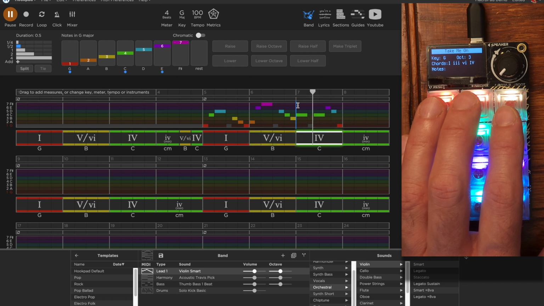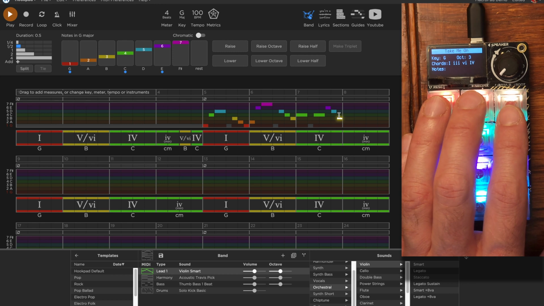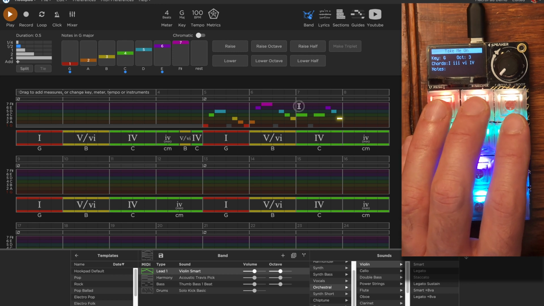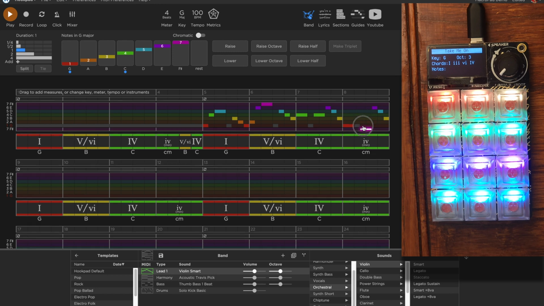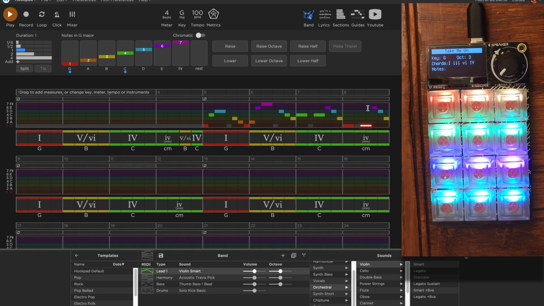Yeah, sure, let's see. Yeah, fine. And copy this over. This is, of course, the very generic way of doing a melody where you keep repeating the same phrases over and over again with some minor changes along the way.